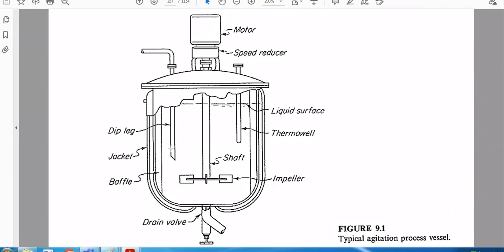Now immediately what should you do? You should start the agitator. Once you start the agitator, what will happen? The agitator induces motion in a particular fashion, preferably a circulatory pattern, in that particular container. Initially the liquid will be at rest, and because of the momentum transfer, within a short span of time, you are able to generate motion inside the liquid, and all the liquid present in the form of layers will start agitating.